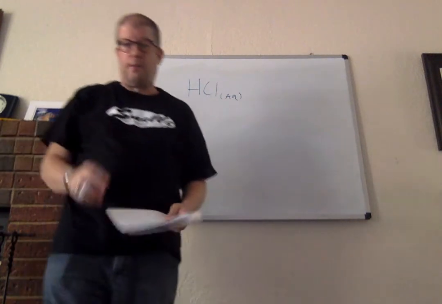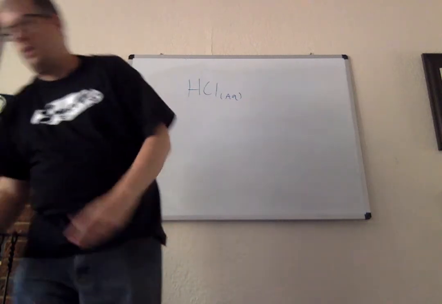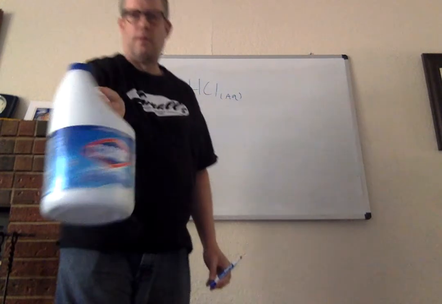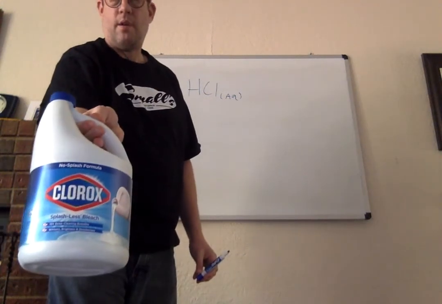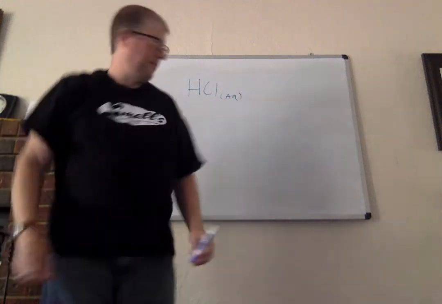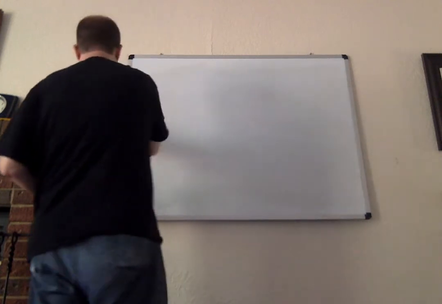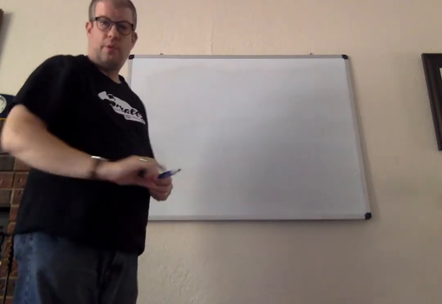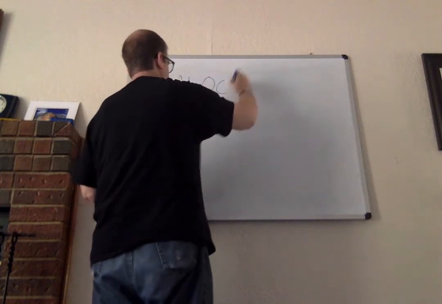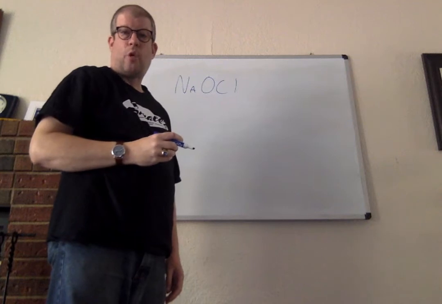Now, one of the other acids containing chlorine that's pretty relevant right about now is, well, the conjugate base of it anyway, which you find right in here. There's a reason why this is named Clorox, and that is because it's a relatively dilute solution of this stuff, sodium hypochlorite.